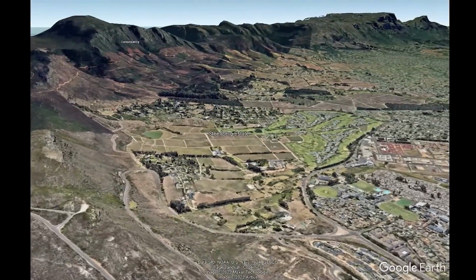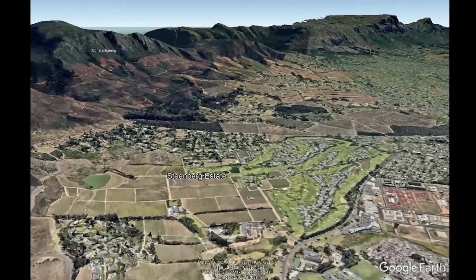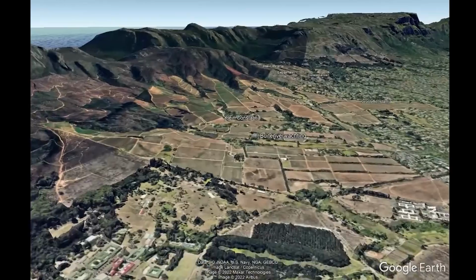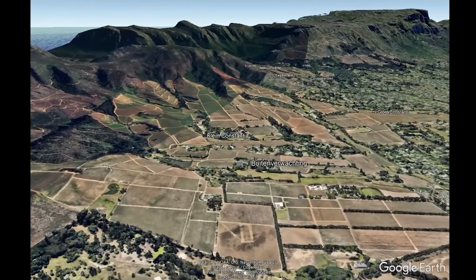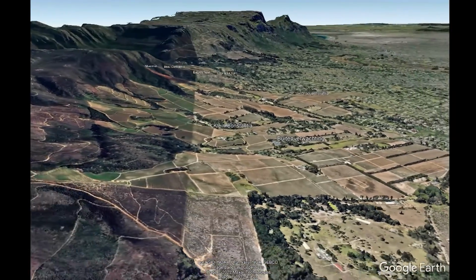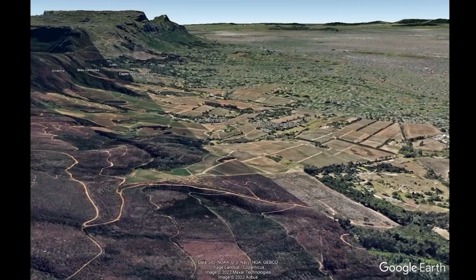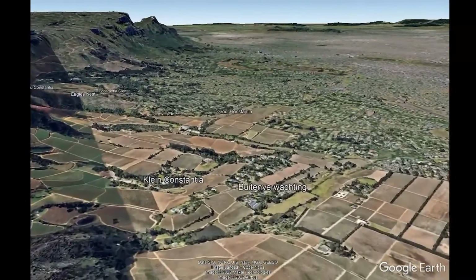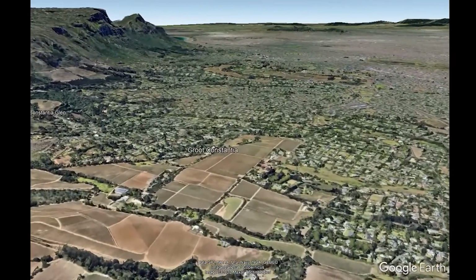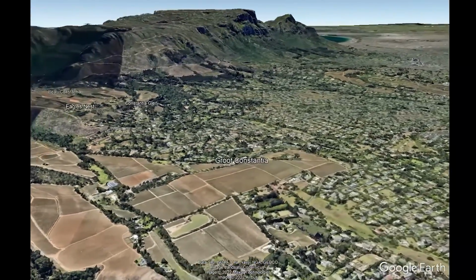Now we're going to quickly go through the main estates here. At the bottom is Steenberg, which is one of the rainiest, about 1,100 millimeters of rain on northeast facing. Then we've got Buitenverwachting, which is also quite wet. That has anywhere between 800 to 1,200 millimeters, next to Klein Constantia, which is at about 1,100 millimeters of rain, famous, of course, for the sweet wine Vin de Constance. Next to that is Groot Constantia,